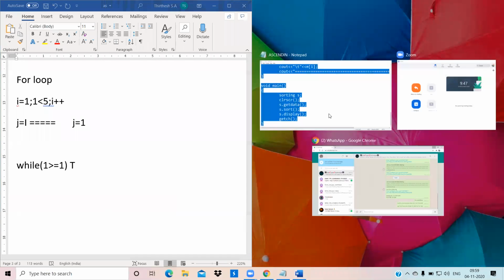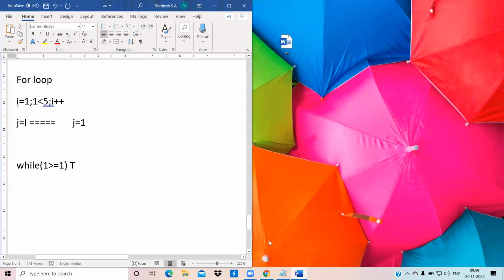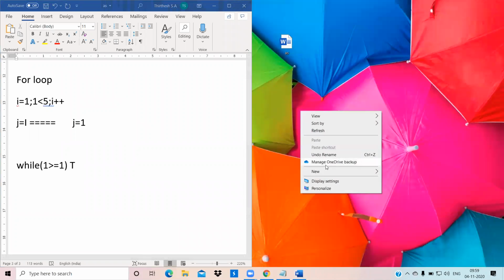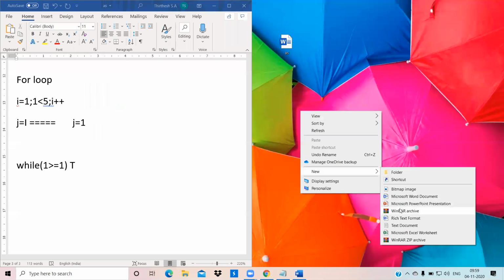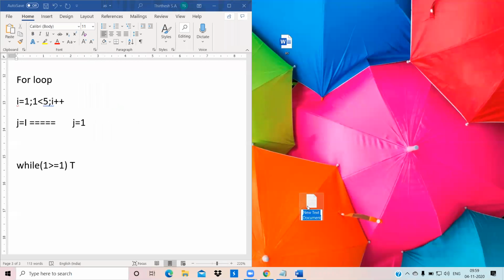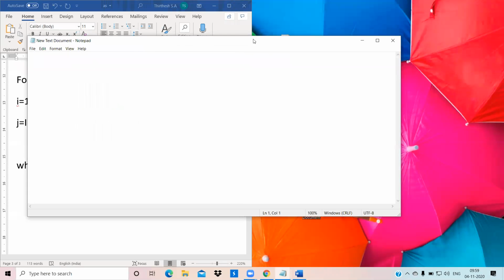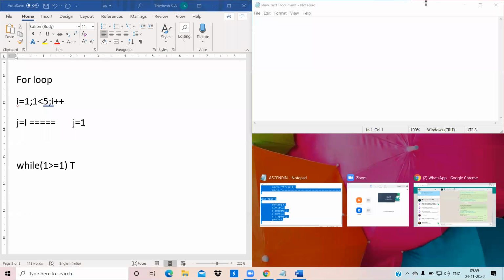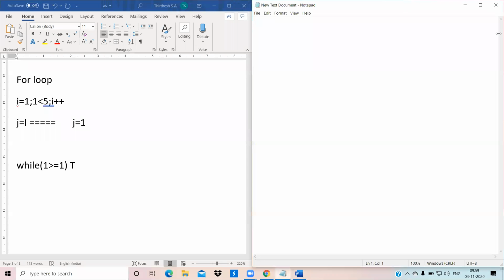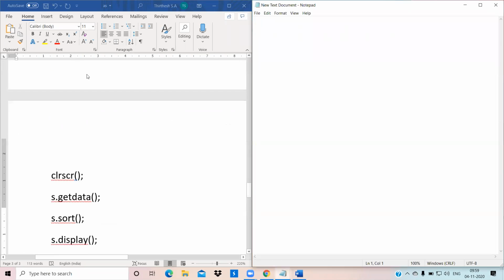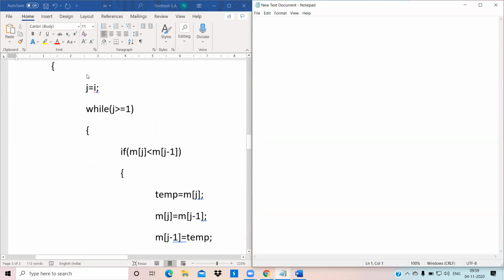I will make 2 columns and I will show you. Here, previously j is equals to 1.